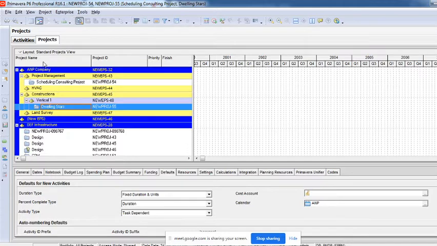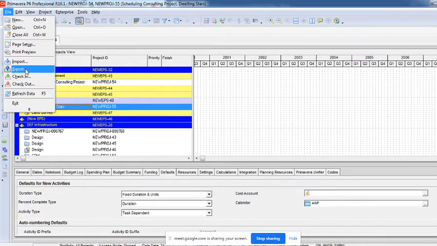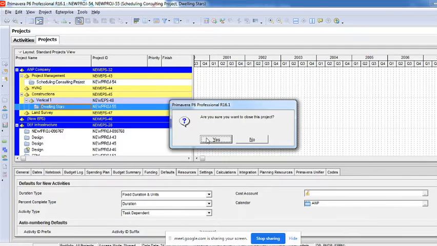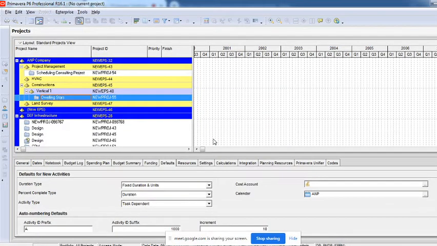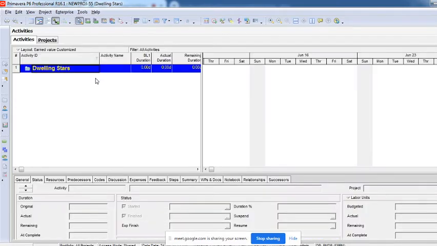If I have to close one and open the other, I can do that. Basically we never know, because there are lots of projects and lots of people working on them. My login ID is probably held responsible for 4-5 projects, and I do not want to merge them and mix up all of that. So it's always a good habit to go to the file option. There's something called Close All, or you can use a shortcut, Control plus W, and then everything gets closed. Then right click and say open, or Control plus O also works. Click on the project which you want to open, only that particular project gets opened, and the rest is still closed, right?